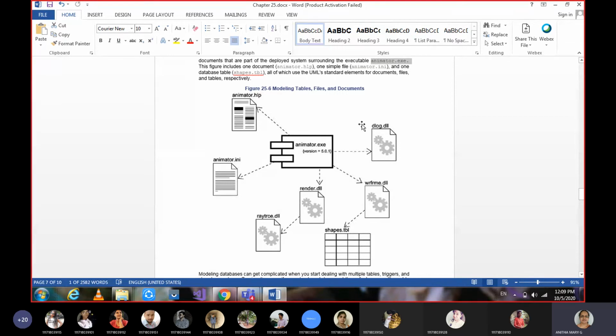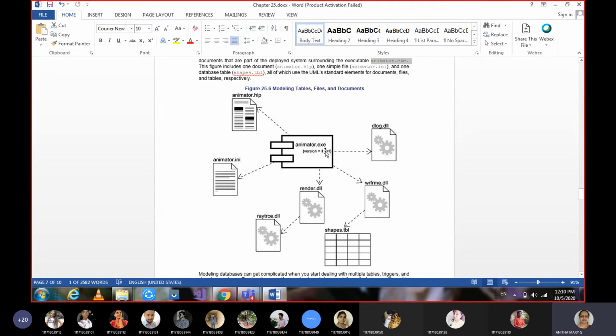This is how a .exe depends on a few things. That is what we are talking about. Animator.exe depends on help. Maybe some theory content is there which says how this can be installed on the system.